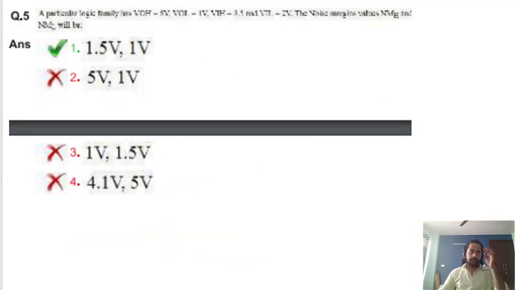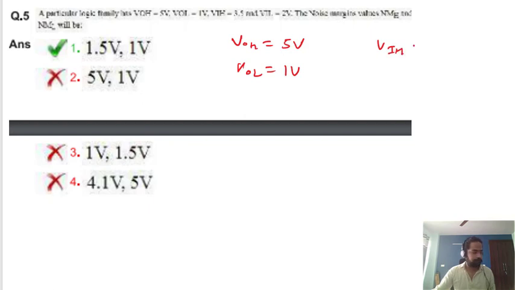Next question. A particular logic family, they are saying VOH is equal to 5 volt, VOL is equal to 1 volt, and they are saying VIH is equal to 3.5 volt, and VIL is equal to 2 volt. Now they are saying noise margin